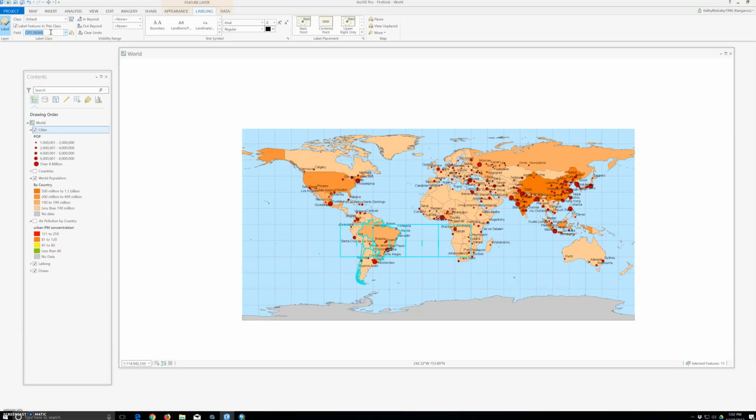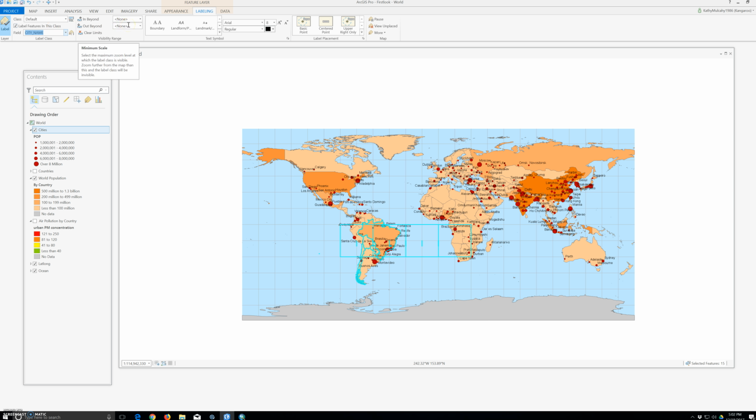It's right here. You can change this field so that the labels display city population or some other attribute if you want. In the visibility range group, next to beyond,